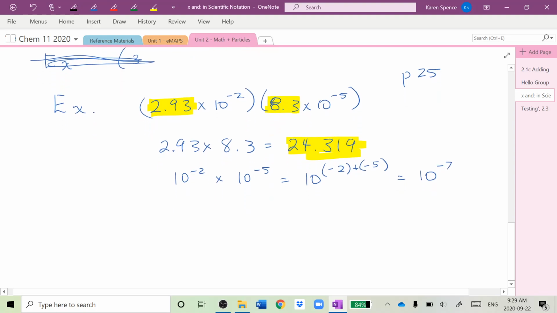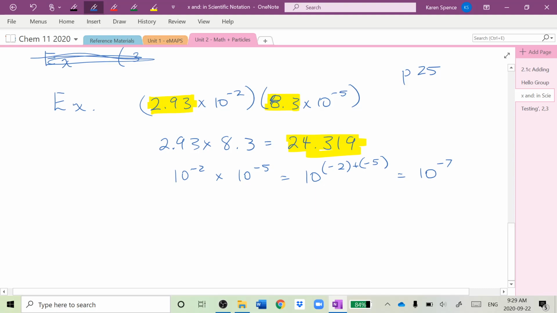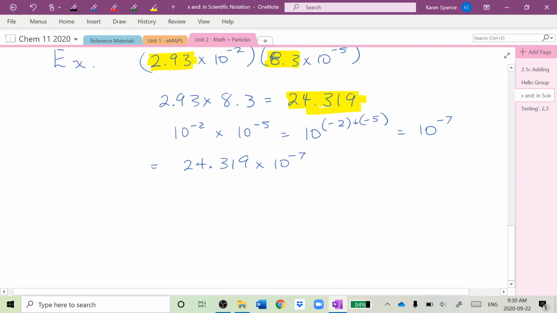So all together with our coefficient and our power of 10, we get 24.319 times 10 to the negative 7. All right, and is that in correct scientific notation? So we check for correct scientific notation. No, it's not. We must move our decimal so there's only one digit in front of it. That digit cannot be a 0. And we get